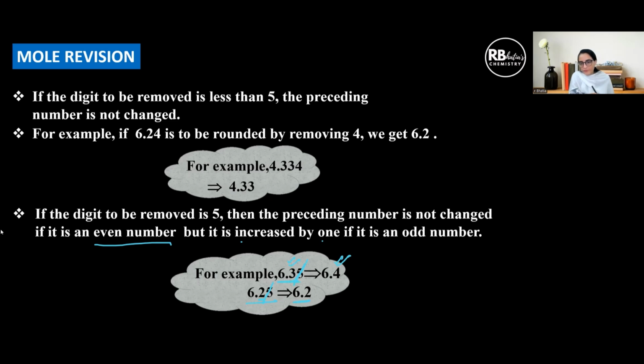Okay. Now, what is the purpose of this kind of conversion? The purpose is to average out the results. When we are rounding off, we don't want the original value to undergo any change. So we round off by taking to the next number in case it's odd, and in case it's even, we keep it the same. Purpose is the average result remains the same.